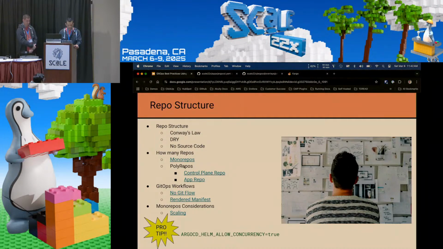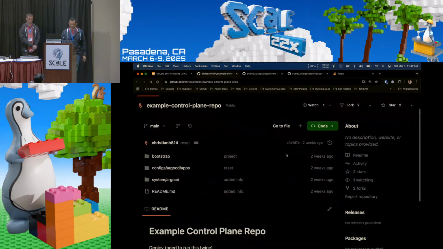Another way of doing it, and this is what people settle on later, after they've been using Argo CD for a while and the organization grows, is what I like to call polyrepos. Basically it's many Git repositories, depending on what each is for. This pattern is actually something they use at Intuit, where they do a minimum of two repositories. One is what we call a control plane repo, which is basically all the things